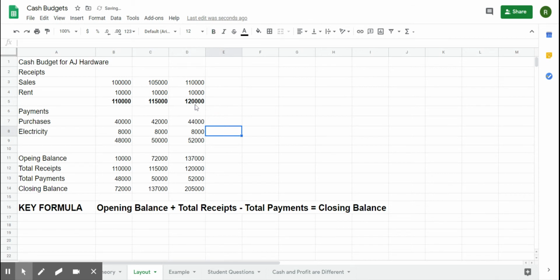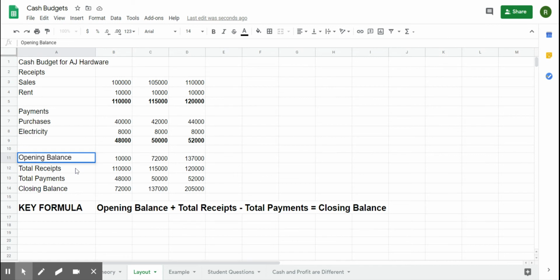Now clearly you wouldn't need to do that if this business only had sales, because the sales are the receipts. And then there would be a section for the payments. In this business, I'm just doing a simple example, so we've just got 2 payments going out of the business and a total. And then at the bottom, we've got a summary of the overall cash position of the business.